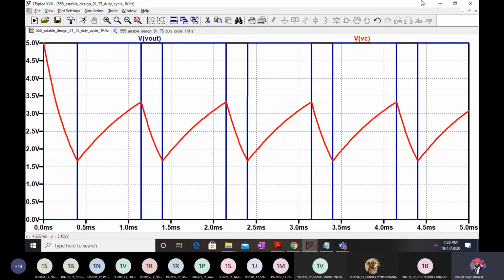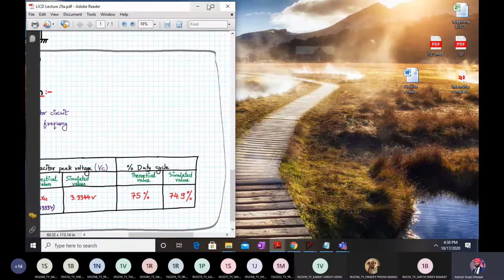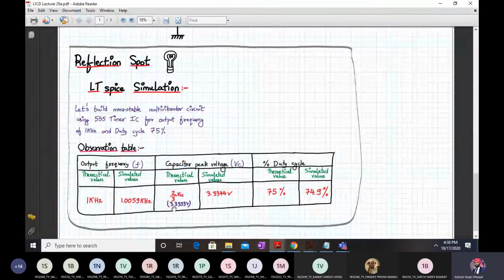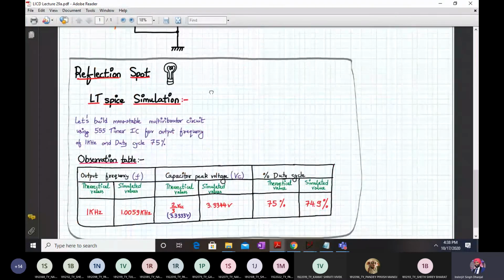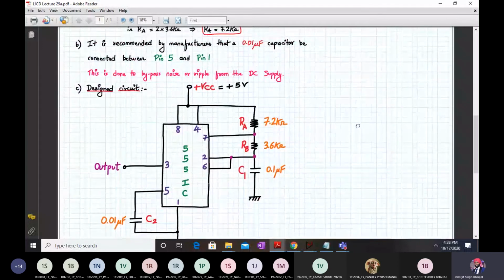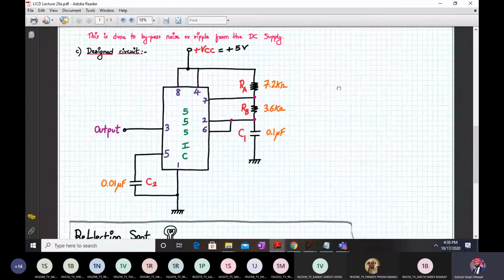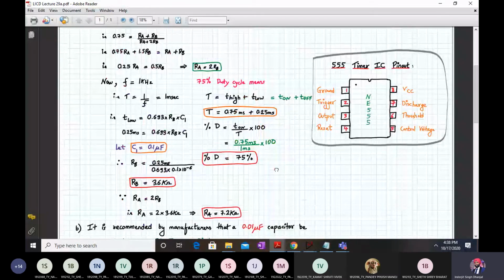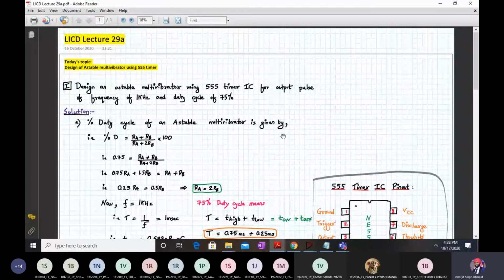Any doubts over here in this design? So this capacitor voltage, I will change it. This is only the positive peak value. The lower peak value also has to be written over here. Okay, other than that, everything is fine. Any doubts over here, students? Is the design clear? So this is the way we can design an astable multivibrator with a duty cycle greater than 50%. Now we can even design an astable multivibrator with 50% duty cycle and less than 50% also. That we will see on Monday's lecture. Today, just for introduction, I have shown this.